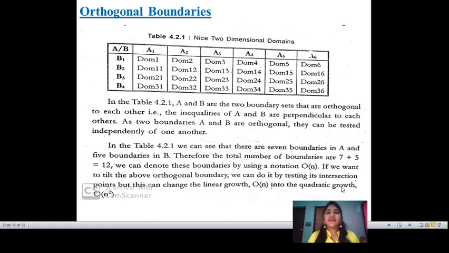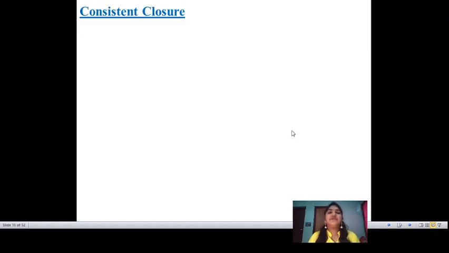We can do it by testing its intersection points, but this can change the linear growth. Big O notation of n changes to the quadratic growth of n squared. Why? Because it has two boundary sets. So that is nothing but orthogonal boundaries, and this property is also applied to check whether the domain is a nice domain or not. So next,